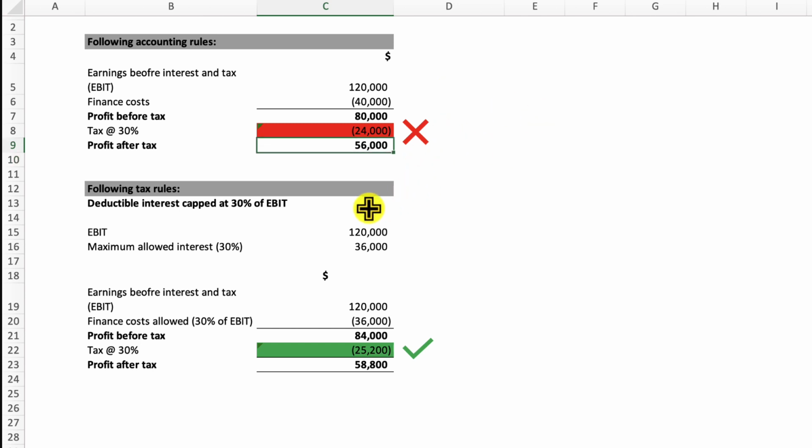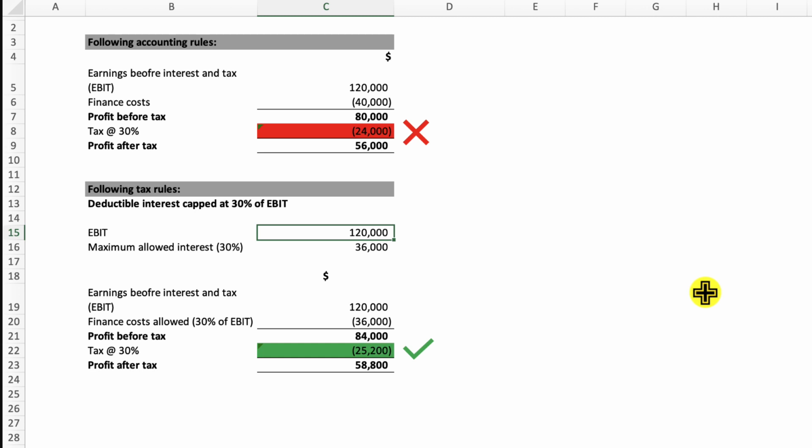Now, let's assume that in the tax regime there is a rule that limits the amount of finance cost that we can actually deduct for tax purposes. The tax authority might limit this in certain instances because of the different capital structures that people employ. But for our example here, let's assume that they will only allow 30% of our earnings to be deducted as interest. So if our earnings are $120,000, our maximum allowed interest would be $36,000, which is 30% of $120,000. Now, $36,000 is different from the actual $40,000 that we've incurred. So even if we've incurred finance cost of $40,000, the tax authority is only allowing $36,000, so that's the maximum